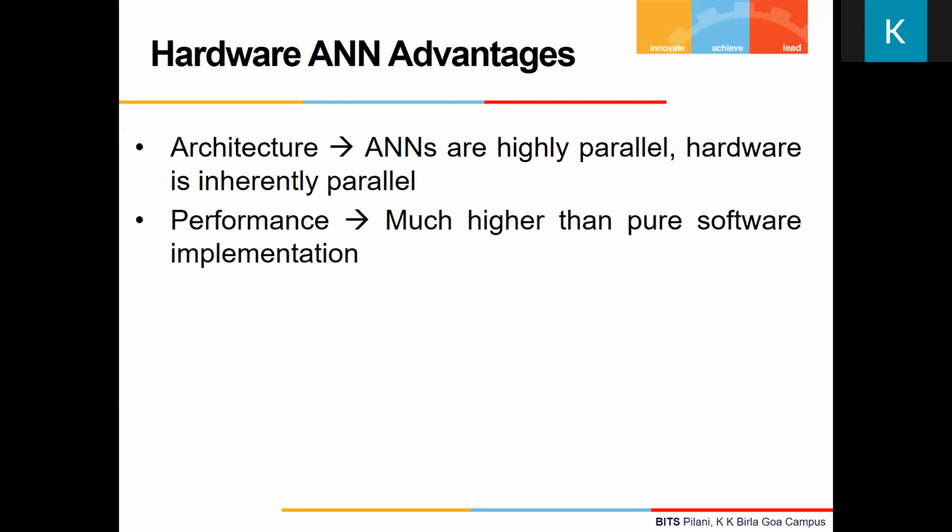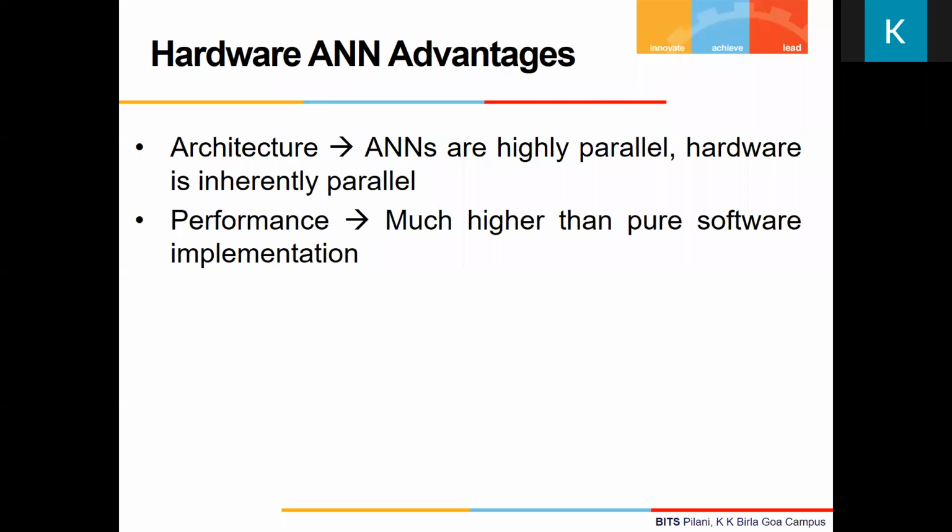That is one reason why even in software implementation nowadays, you will not execute your neural net on a CPU. You usually go for a GPU-based implementation because GPU, although it is not as parallel as a pure hardware implementation, also gives more parallelism compared to a traditional CPU. In a GPU, you have hundreds of small but less powerful processors sitting in parallel, and maybe each processor can emulate a neuron, and they can work in parallel.